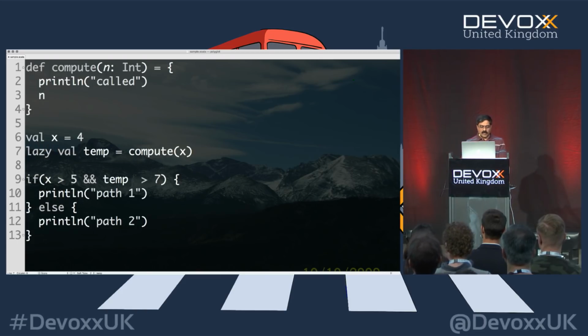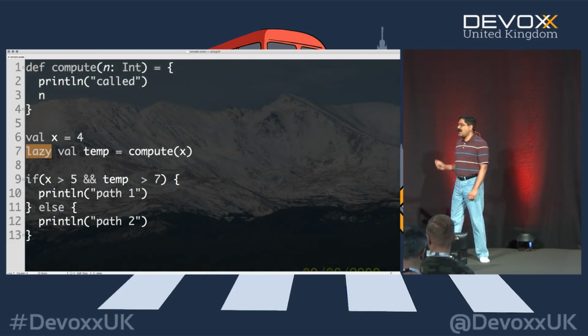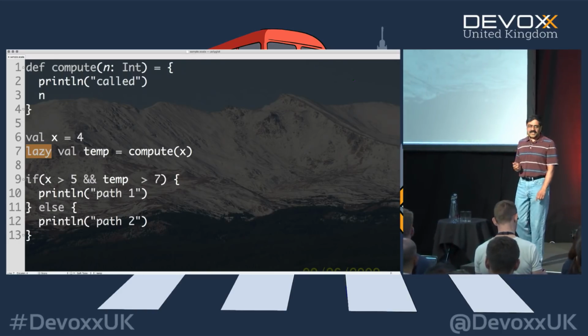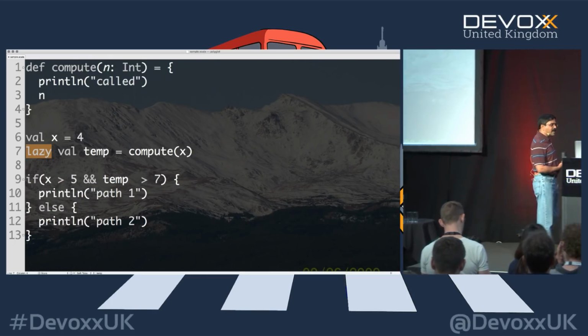So by saying lazy right here in Scala, when I execute the code, notice it did not call that at all. As you can see here, without the word lazy, it is executing the compute method, but with the word lazy, it is not calling the compute method. But of course, if I set the value of x to 14, you can see that it is calling the compute method, but when the value is not greater than 5, it's not calling the compute method. So this becomes part of the language where you are able to say, hey, if you don't really have to execute it, just delay this, be lazy about it. Isn't that pretty cool to be able to do that?